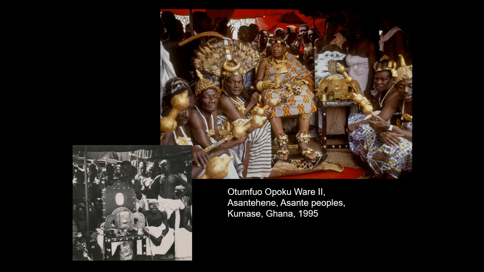And so the stool is not a throne. I want to make that very, very clear. It is not a throne, and it is not the throne of the Ashantahene. It is a stool that represents the very soul of the Ashanti people. And that is why when it is displayed, it is always on its side, because no one has a right to sit in it, because it doesn't belong to any one person. When the Ashantahene sits down, he does not sit down in the stool. The stool actually has its own throne that sits next to him, and he sits next to it. It's interesting that in this case, this throne is inspired by Western thrones, and so the stool itself is enthroned as a sacred object.